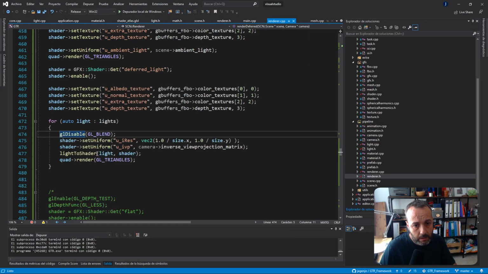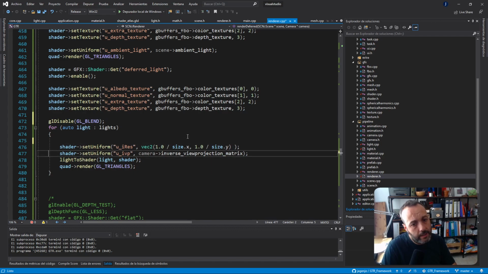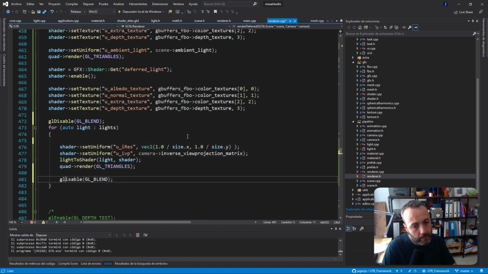So I'm going to stop this. I'm going to enable blending. So first light, we shouldn't have blending. Second light, we should have blending. Okay. So I disable blending here before. I'm going to do the trick we did before. I disable blending here, and I'm going to enable it here. And also, when you use blending, in this case, I want to have additive blending. So I'm going to use